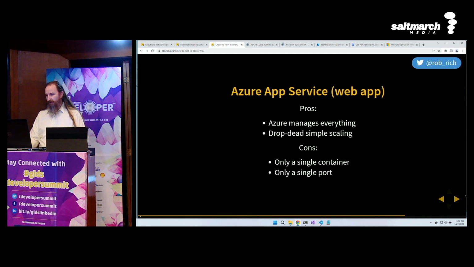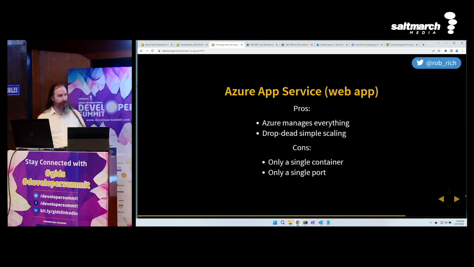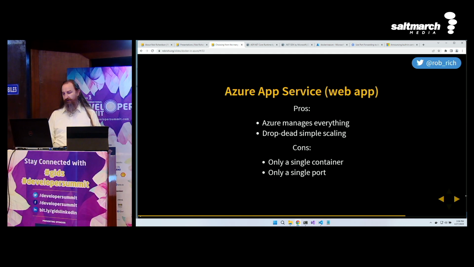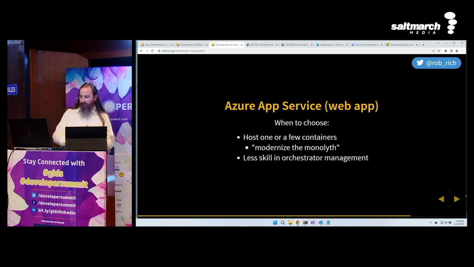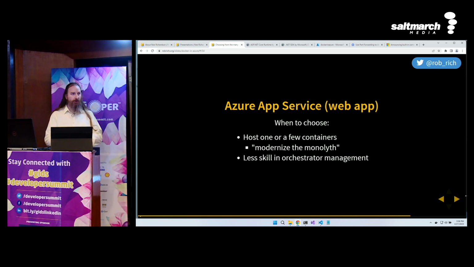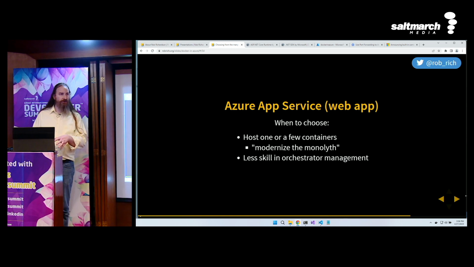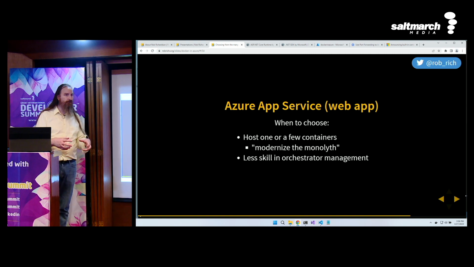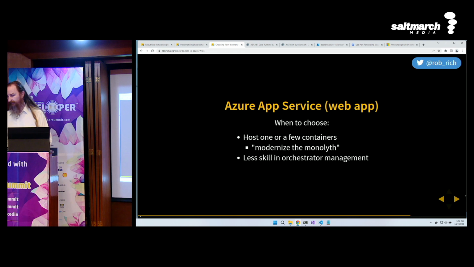Cool. So we've chosen to outsource pretty much everything. We're just running our container process. And so it's great if we have a monolith inside of a container. So when might I choose that? If I'm modernizing a monolith. I've got this monolith on a VM, and I want to put it in a container. I put it in a container, I run it on Azure App Service, and away it goes.